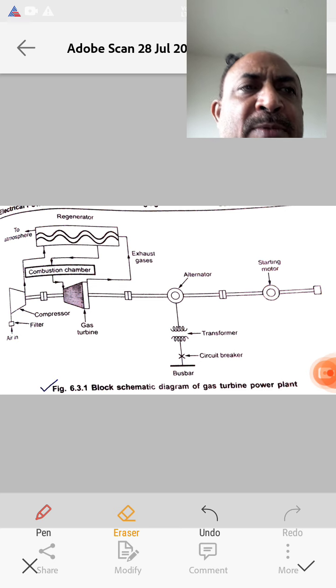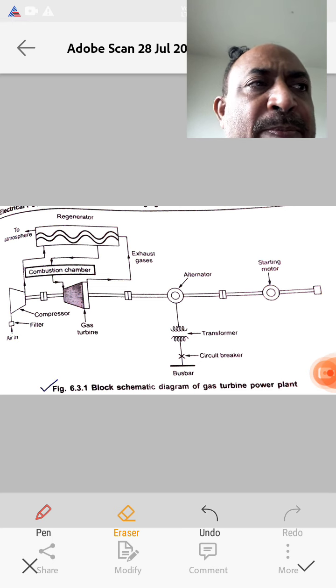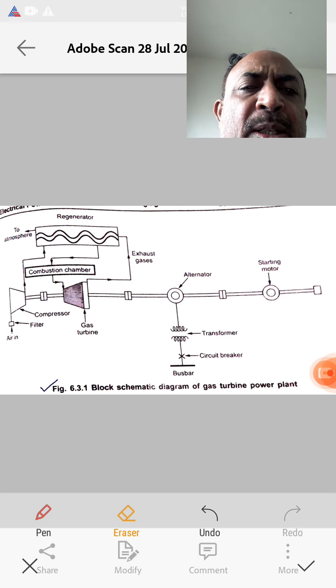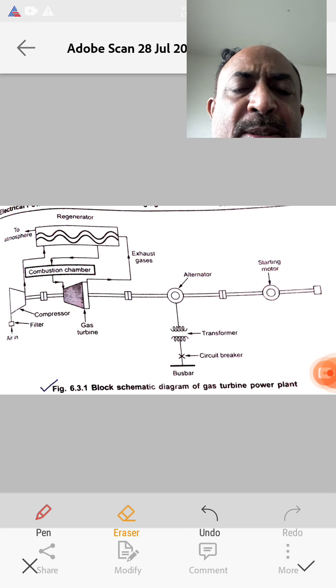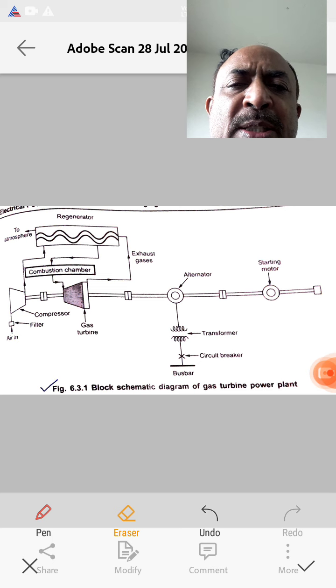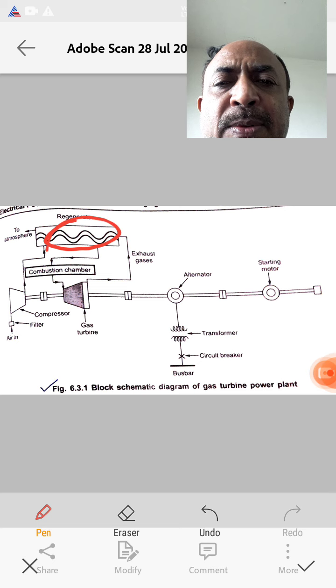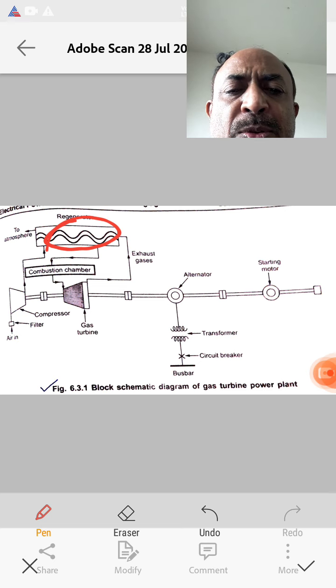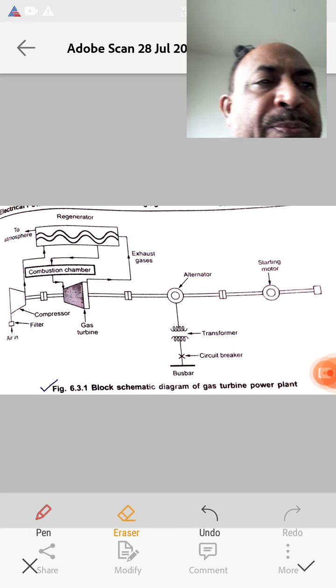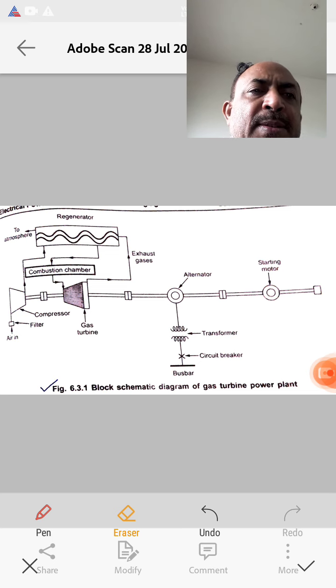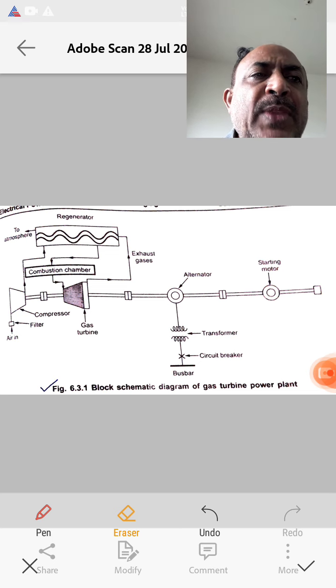It takes time for starting the compressor; once it starts, no further time is required. Fuel consumption is less because a part of the heat is utilized in the regenerator itself. By this we are saving fuel.